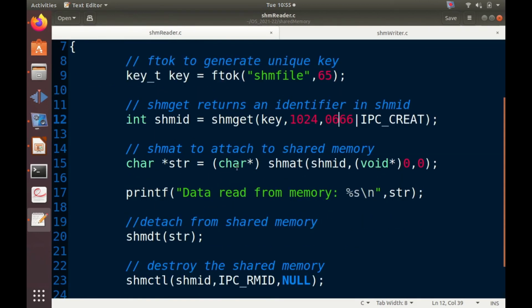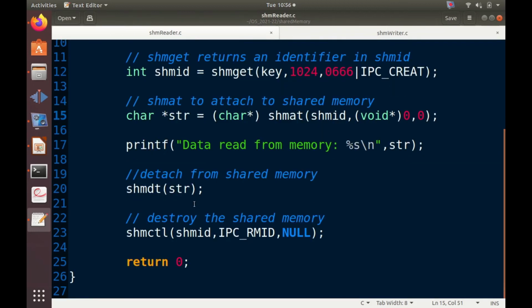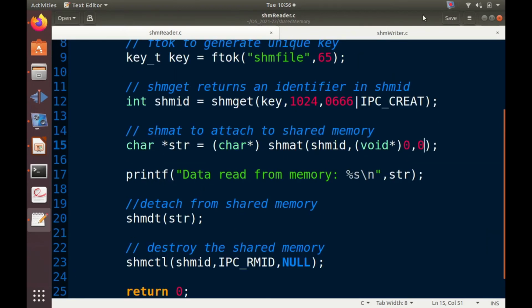Then it will attach this shared memory to the reader process using this shmid, then 0, which means the default address decided by the operating system, and a flag of 0, and it will return a character pointer. Now we have to read the data, which is already written by the writer process.